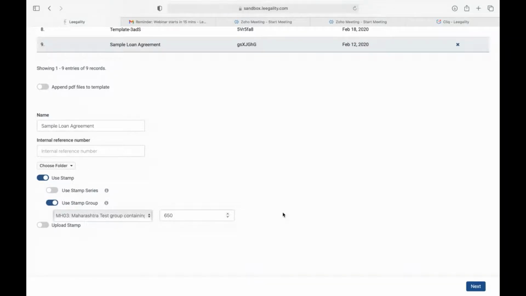No, absolutely, absolutely. And I think the recommendation there is that there is no limitation on how many stamp papers you can use as a part of a group. So you can have stamp papers having the denomination of 10 rupees, 20 rupees, whatever is available in the market, right? We can add stamp series of those denominations as well.